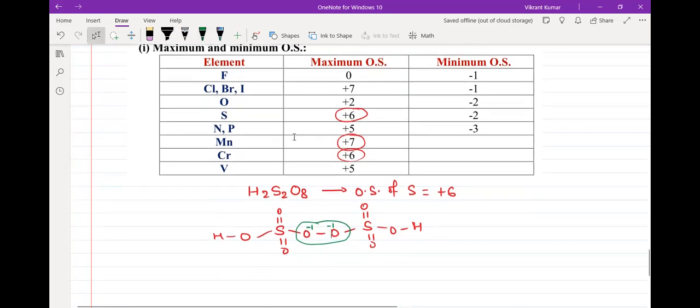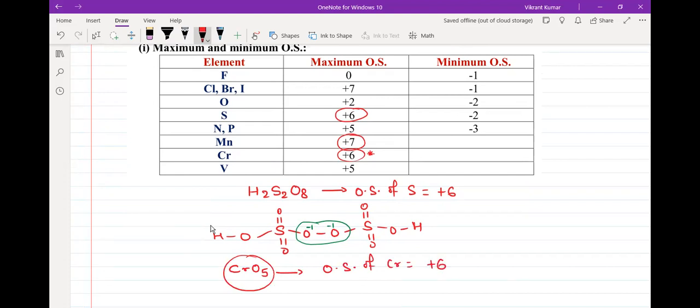जैसे आई विल गिव यू अनदर एग्जांपल, एकदम बहुत ही ड्रास्टिक एग्जांपल. इफ यू सी CrO5, Cr कितना दिख रहा है कैलकुलेशन से, कितना आ रहा है? +10 आ रहा है. आई टोल्ड यू कि Cr +6 से ज्यादा हो ही नहीं सकता है. हाँ तो we'll write oxidation state of Cr equals +6 and it is having a special structure which is called